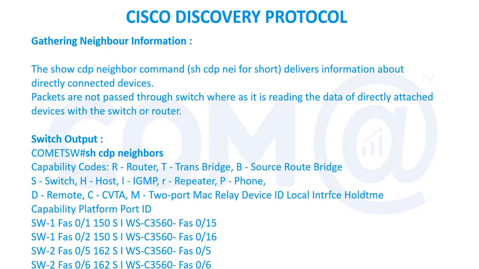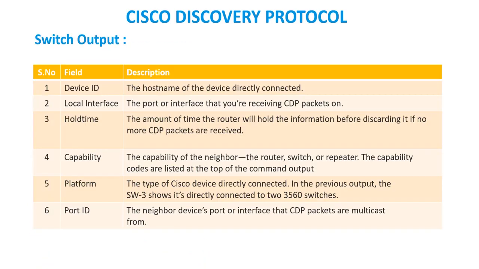For gathering neighbor information, we can type the command show CDP neighbors. You can find out which switch is connected and what interface you have. All those things you can check. Whether it is switch output or router output, you'll get all the details about the neighbor device. So this much information is being gathered within the CDP protocol. By using the CDP protocol only, we are getting all the information. That will be very useful for building the network